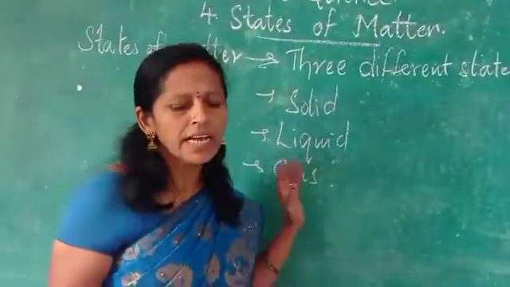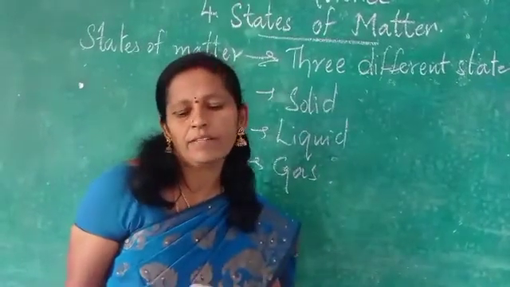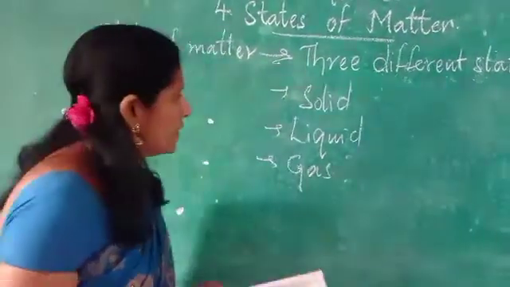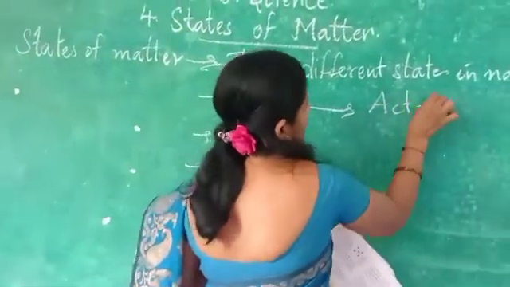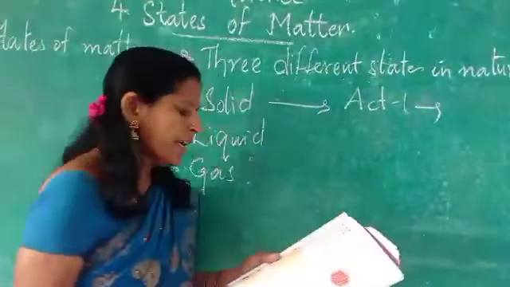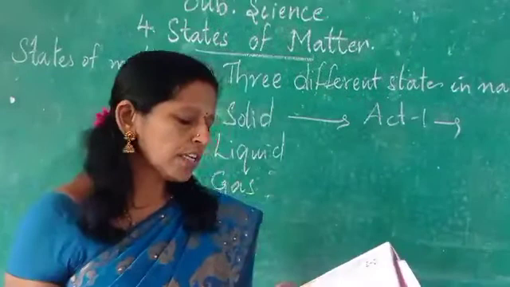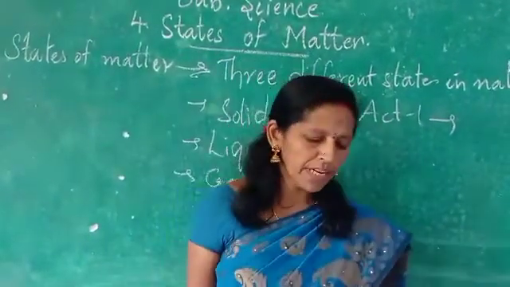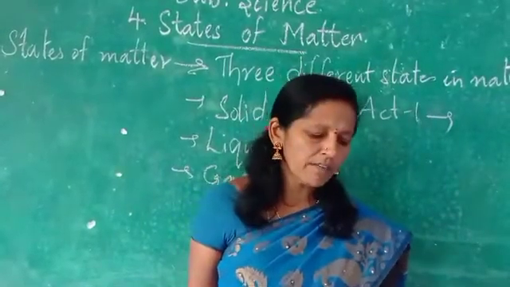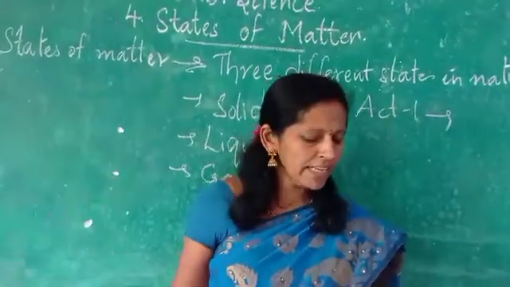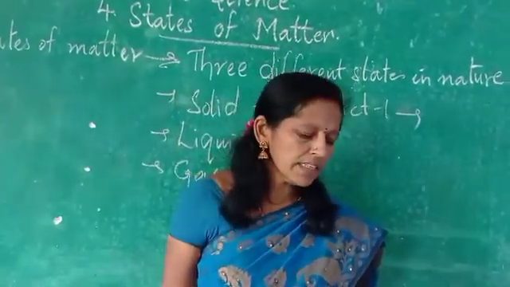Okay. To understand the states of matter, let us do some activities, beta. We will do one activity. First one will go for the solids. Activity 1. Take some water in a glass, beta, at room temperature. Water exists in three forms, beta. What are the three forms? Solid, liquid and gas. Yes. Water exists in liquid form.